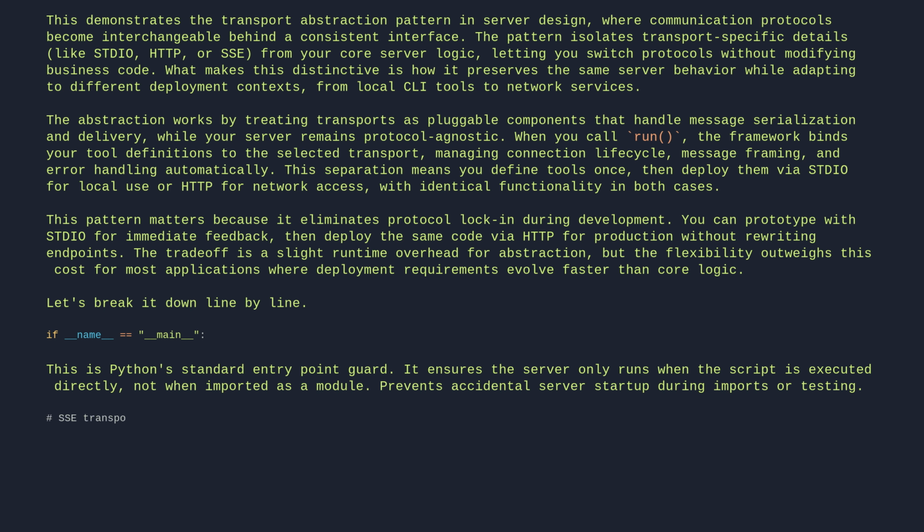# SSE transport. Use HTTP instead for new projects. mcp.run(transport="sse", host="127.0.0.1", port=8000)